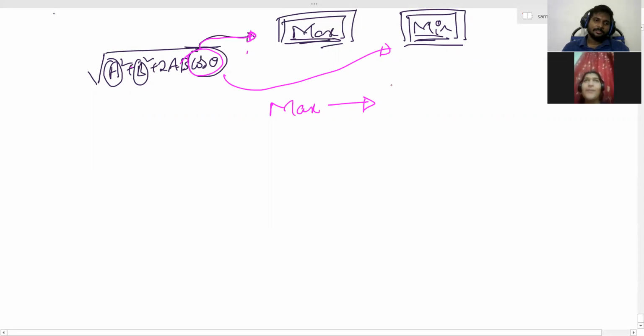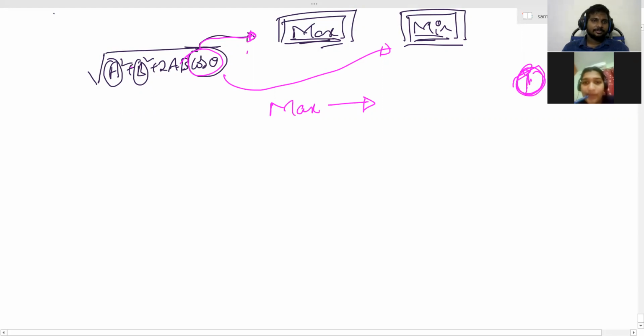What is cos 0? Maximum value of theta is 90, so the value will be 0 only. You are talking about maximum angle, and it's not maximum angle also. Cos theta can be 180, 360, anything they might ask you. Maximum value of cos theta is 1. Have you seen cos theta exceeding 1?